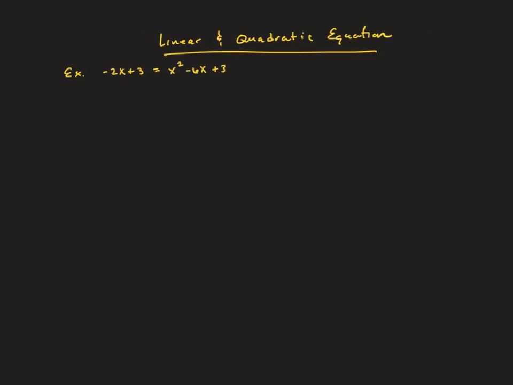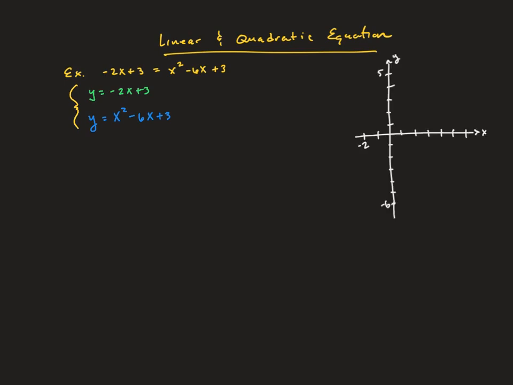So as we now look at this next example, we're using a system that includes a linear and a quadratic equation. This is linear because it is x to the first power, and this is quadratic because it is x to the second power. So if I create that system, I'm going to have y equals negative 2x plus 3, and y is going to equal x squared minus 6x plus 3. And if I go ahead and put that on an ordered coordinate plane,